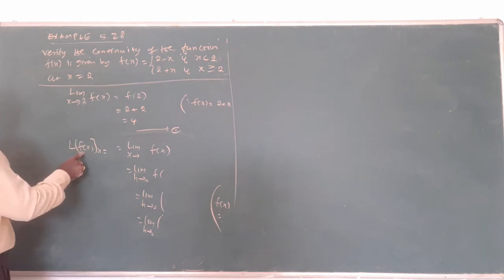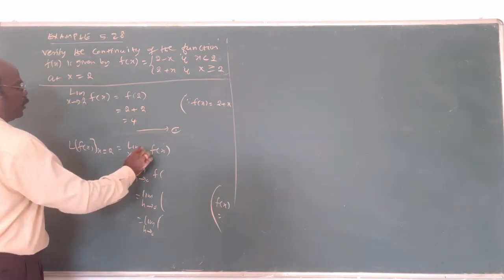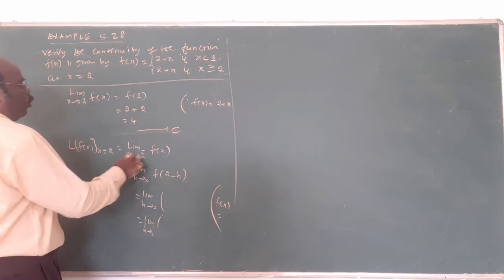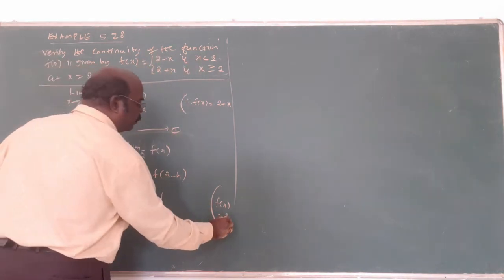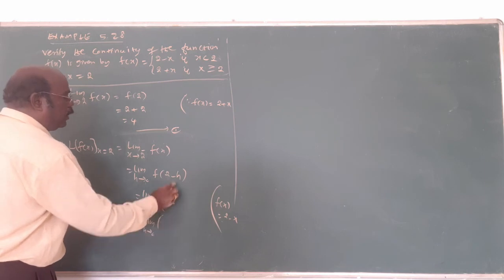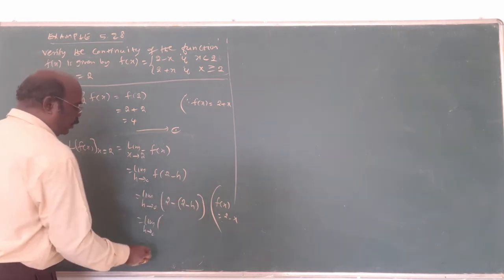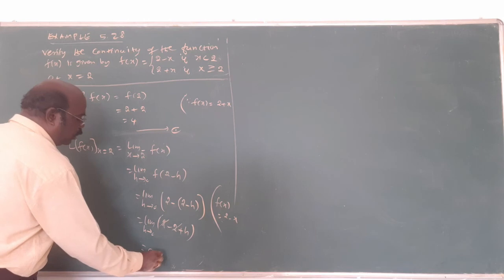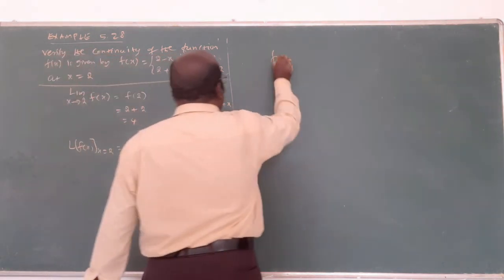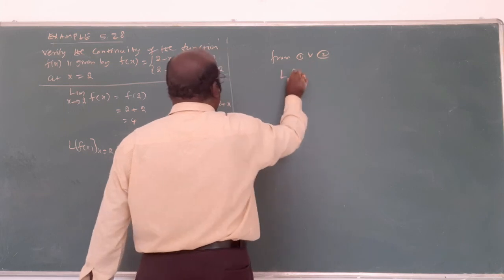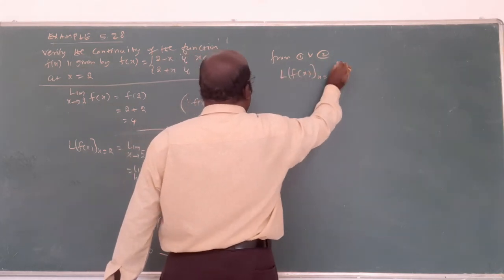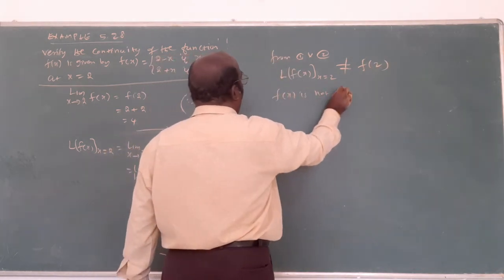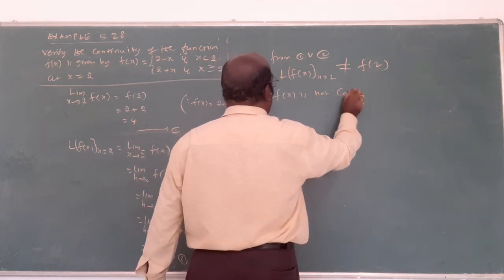Now the left limit of f of x at x tends to 2 is the limit as x tends to 2 minus of f of x, that is, the limit as h tends to 0 of f of 2 minus h. Below 2, where to use this f of x? 2 minus h. Now 2 minus h is what? Multiply: 2 minus 2 plus h. Am I right? This will cancel. Now h is 0, so this is 2. By chance, from 1 and 2, the left limit of f of x at 2 and f of 2 are not equal. Therefore, f of x is not continuous at x equal to 2. That's all. This is the answer.